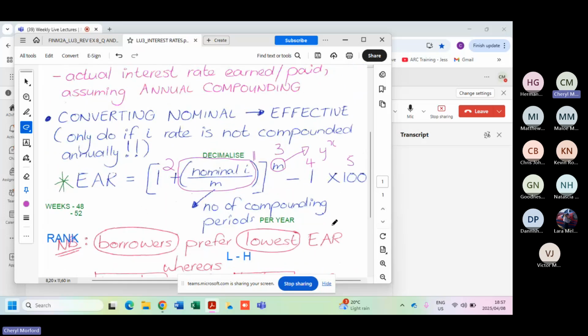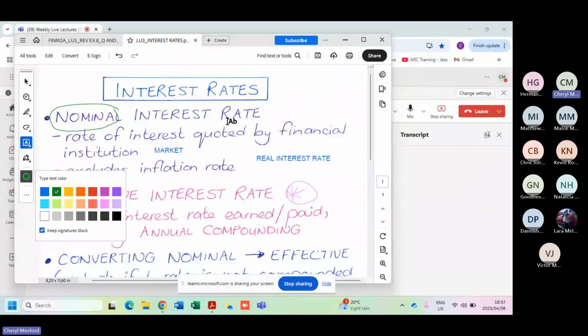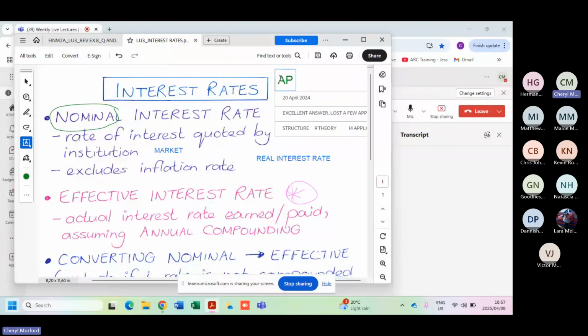What else, if you're having a look in the book? Oh, we are a little bit out of space here. Let's go here. There's one other thing. I have to just put it at the top. Annual percentage rates is not prescribed. So what does that mean? Leave it out. No questions, no theory, nothing on annual percentage rates, not prescribed.